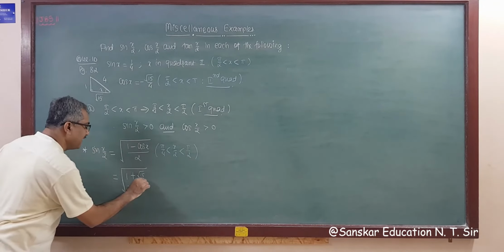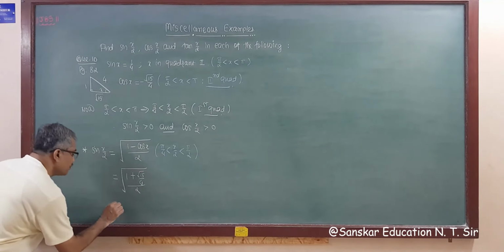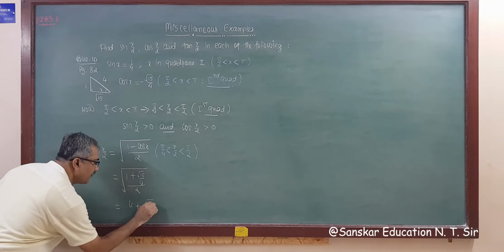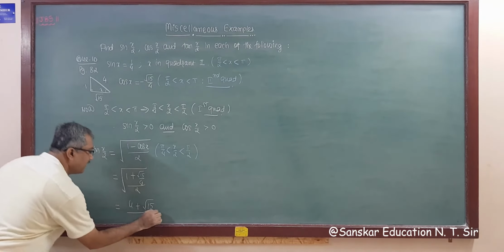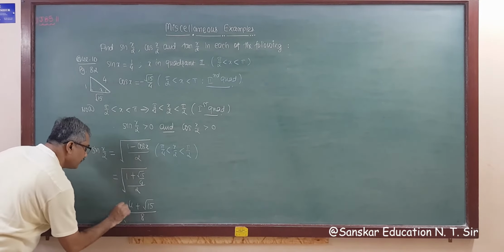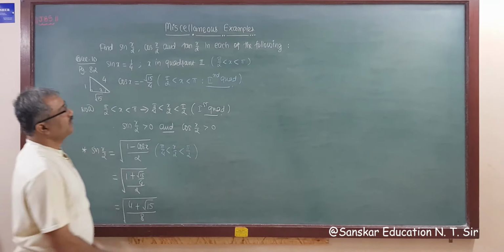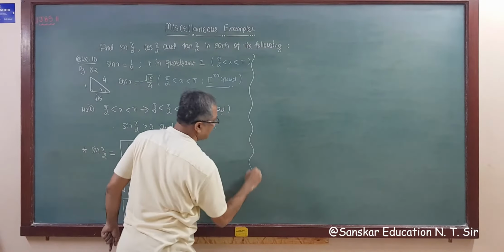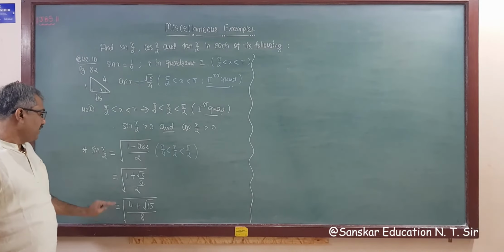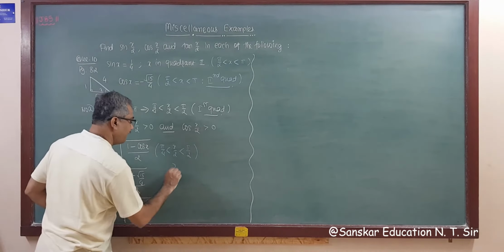So taking LCM, 4 plus root 15 divided by 4 into 2, that is 8. So 4 into 2, that is 8, right? Now the simplification here is complicated, so you need to pay attention. Now you know surds. In surds you require